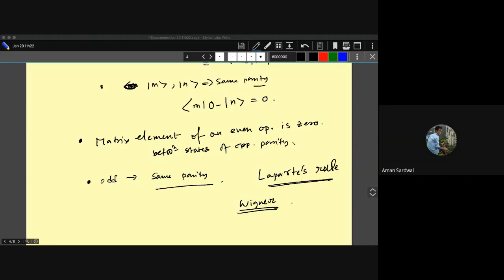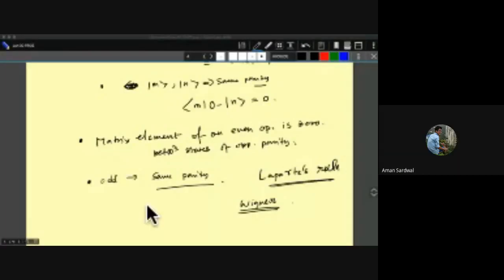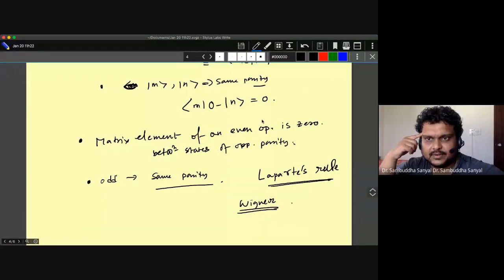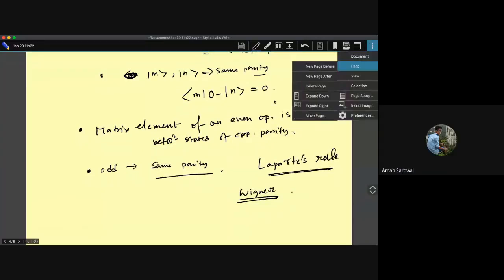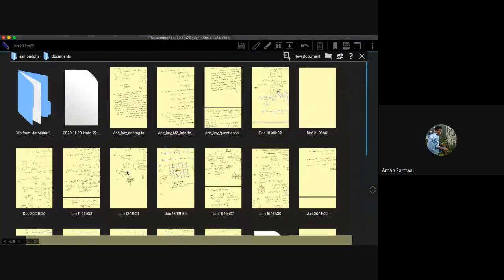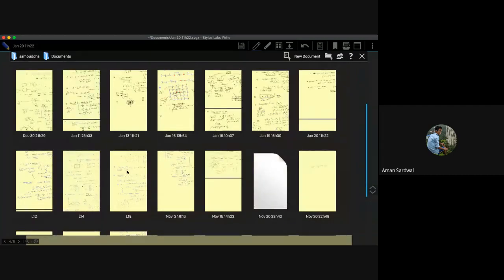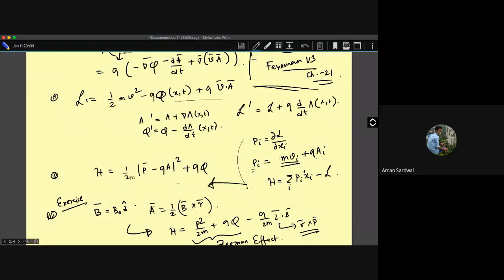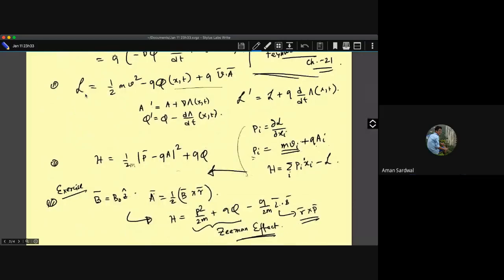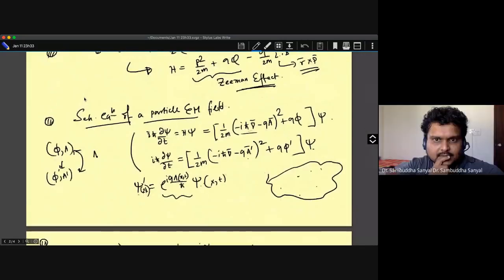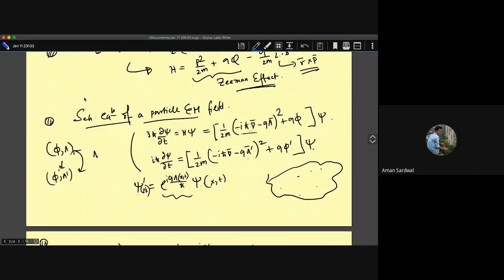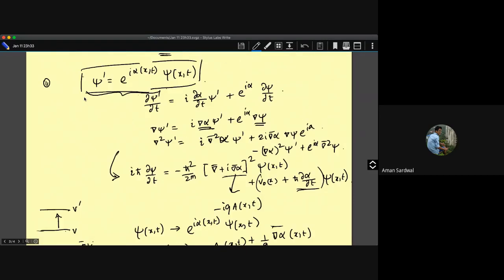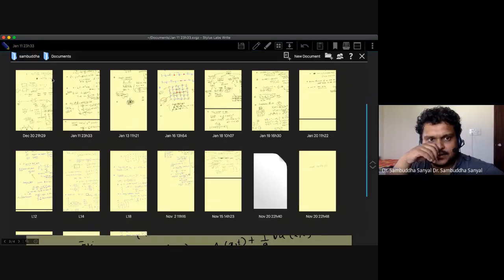Can you share the screen with the notes? Yeah, so let me save this one first and find the other one. Yeah, I think this class. Schrodinger equation in EM field. No, not this one. I was asking about the AB factor, where we put the factor of exponential of i times g.